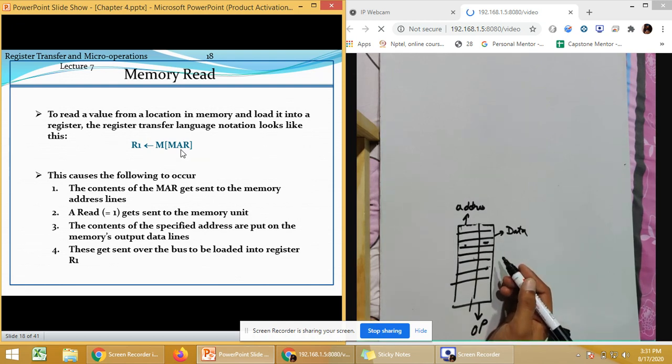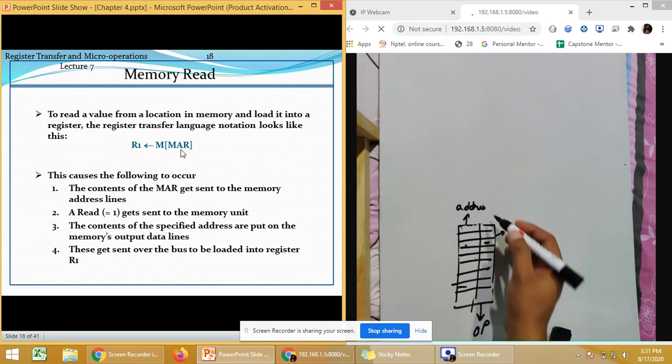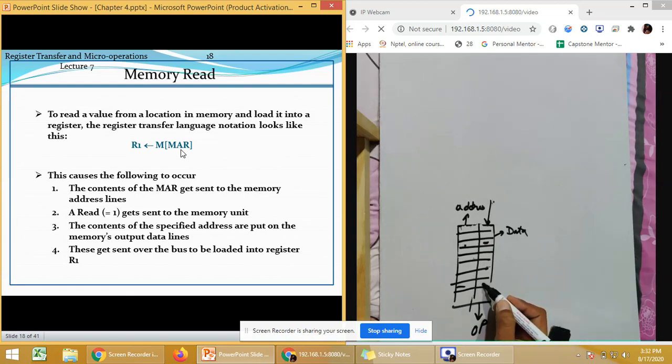Similarly, if we want to read the data from this, or if you want to write the data, we will have a particular address where we want to write the data, and the data we want to write will be inputted from this line, and it will be placed at this particular location. So that is how a read and write operation is performed. For reading, we need the address. For writing, we also need the address. So address is a must for any type of work which you want to perform on memory.